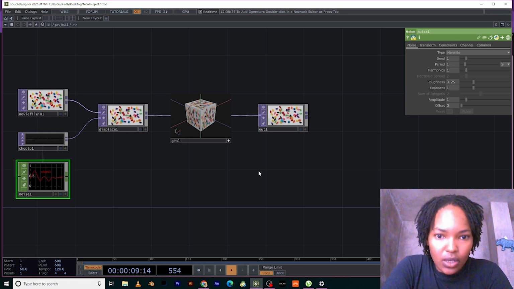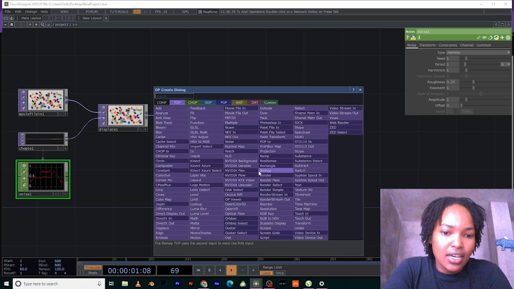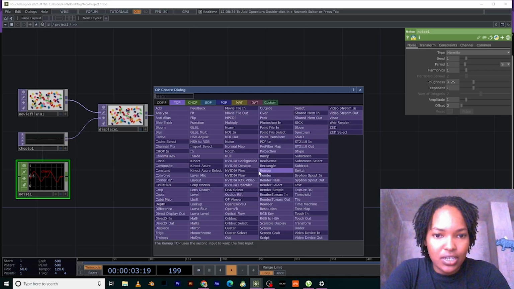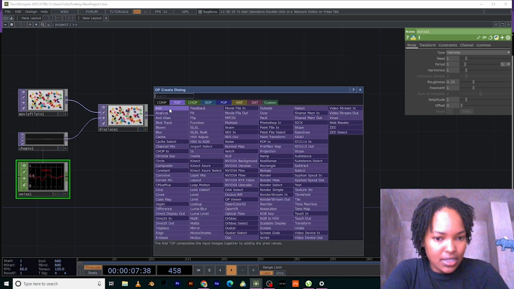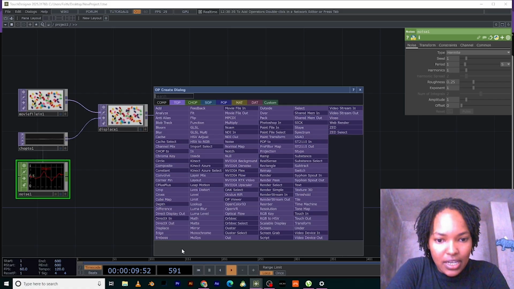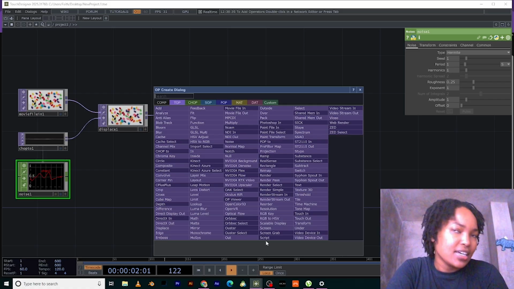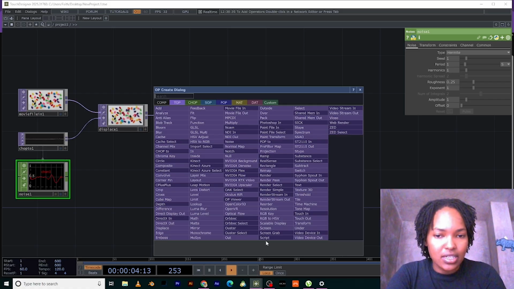So once you add an operator, double tap to open the Op Create dialog. As you can see, each time I select an operator, down here we get text telling us what exactly this operator does. It's like meaning